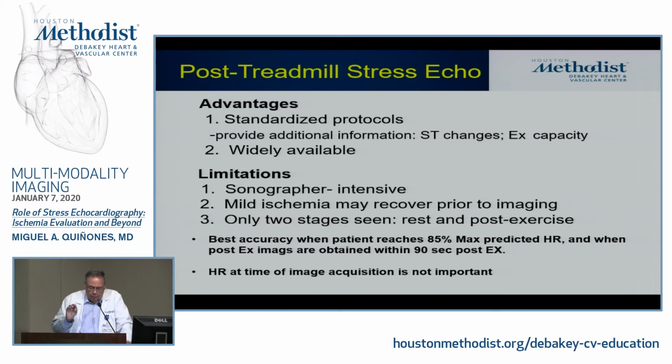Best accuracy is when the patient reaches 85% of maximal predicted heart rate. Maximal predicted heart rate is what? 220 minus age, although some people have more recently challenged that equation. So if my maximal predicted heart rate is 150, you want to get me to 85% of 150